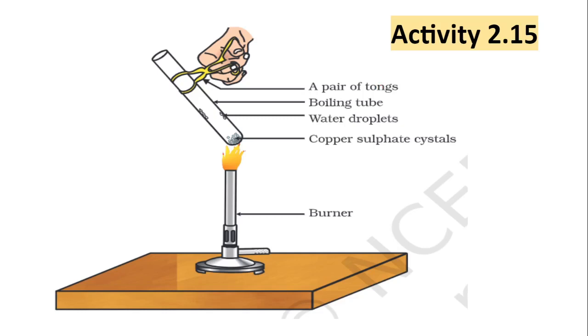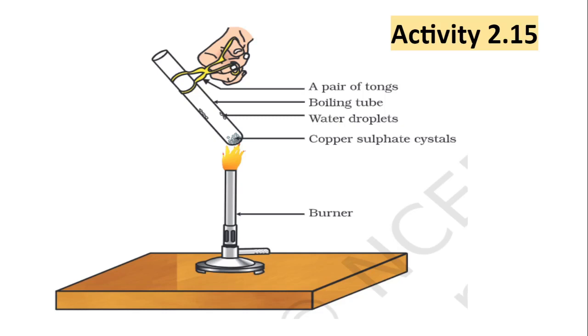First of all, we'll take some copper sulfate crystals in a boiling tube. Heat a few crystals of copper sulfate in a dry boiling tube. What is the color of the copper sulfate after heating? We have to observe the color of the copper sulfate crystals after heating. Have you observed the water droplets in the test tube? Where have these come from? Add 2-3 drops of water on the sample of copper sulfate obtained after heating. What do you observe? Is the blue color of copper sulfate restored?